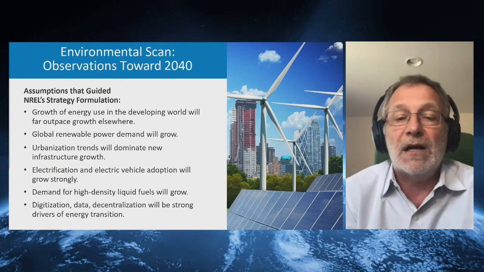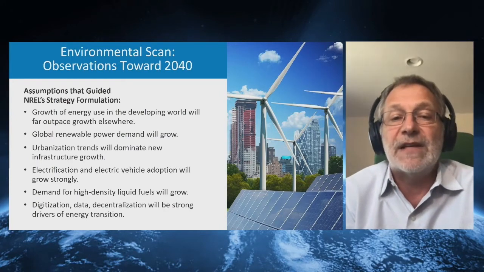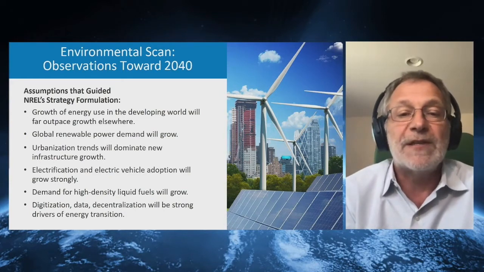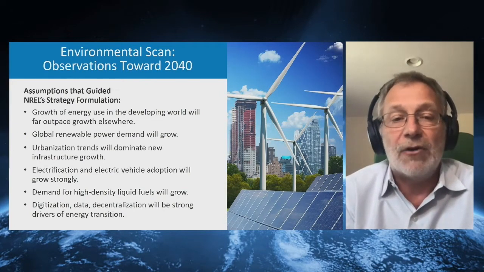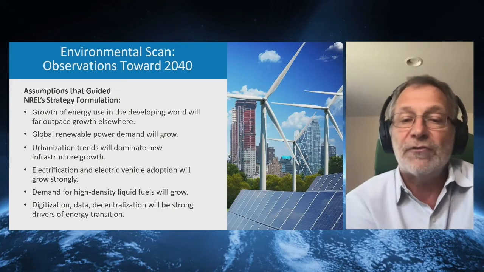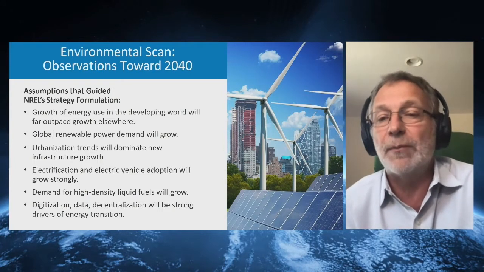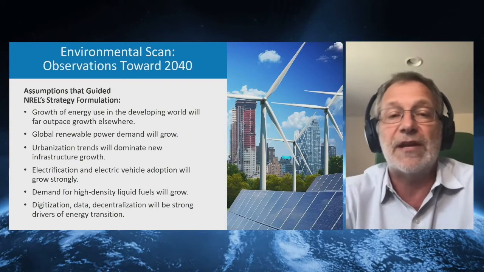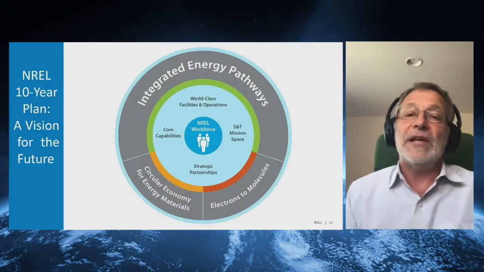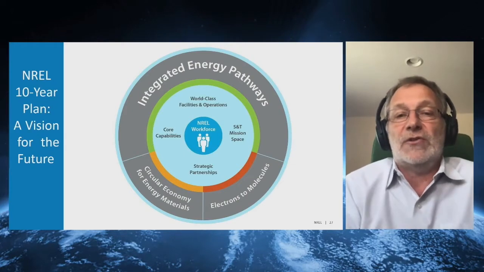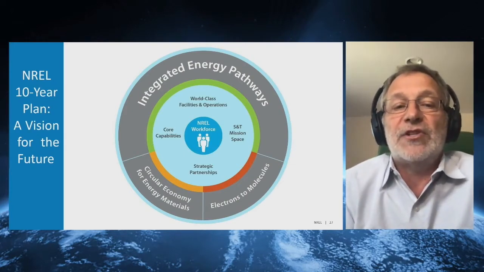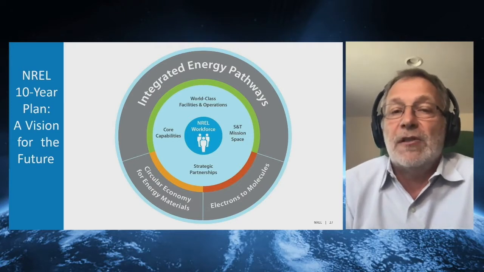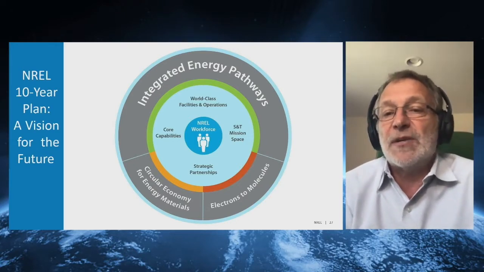We will talk about autonomous energy systems, and this again is where machine learning, the next generation of computing systems, will focus our energy transition, and a lot of the control of the grid of the future will be done through machine learning, and so a big effort will go into this area. So when you look into all these kinds of outlooks, we created a 10-year vision plan for NREL, which has three major pillars.